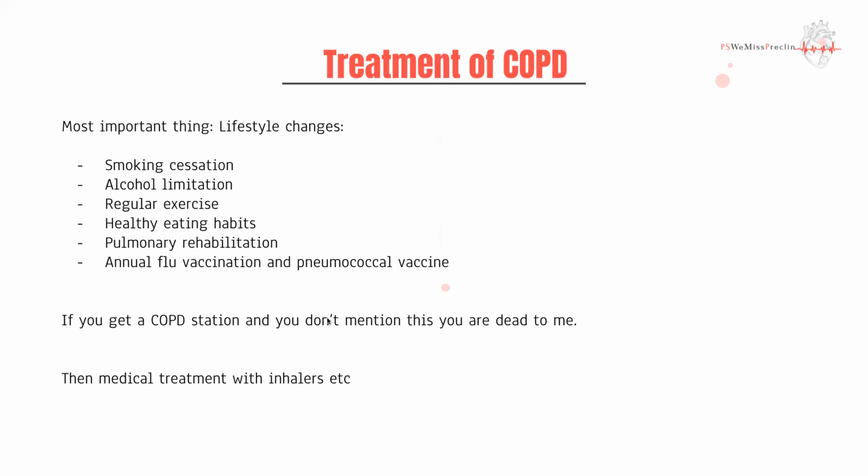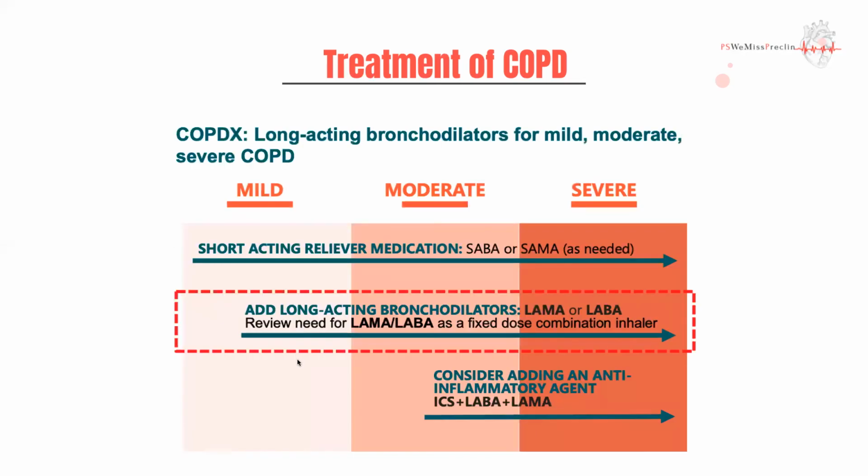Apart from that, we then have medical treatment with inhalers. So let's talk a bit about that. Now, we talked about medical treatment with asthma, and our go-to standard for that was, well, baseline, everyone gets a SABA, then most patients get an ICS, then a LABA, then a LAMA. For COPD, it's the other way around. So almost all patients will get a short-acting medication for when they do act up. This can be either a